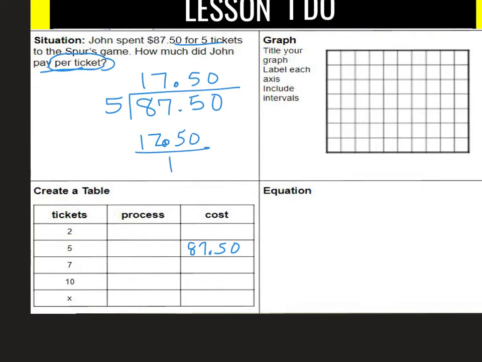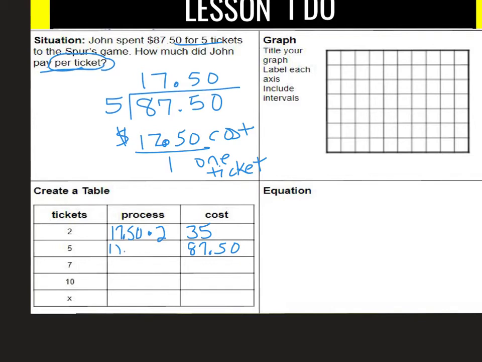Because that's my per ticket. So $17.50 is the cost for every 1 ticket. So whenever I have my fraction in lowest terms over 1, that's my unit rate. So if he's paying $17.50 per ticket, well, all I got to do then is multiply $17.50 times 2, and that will give me